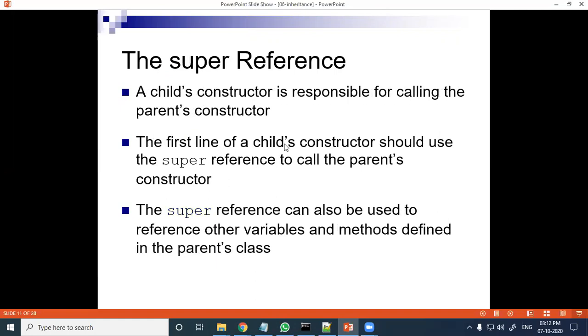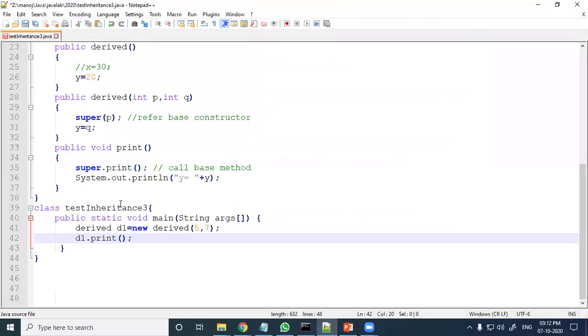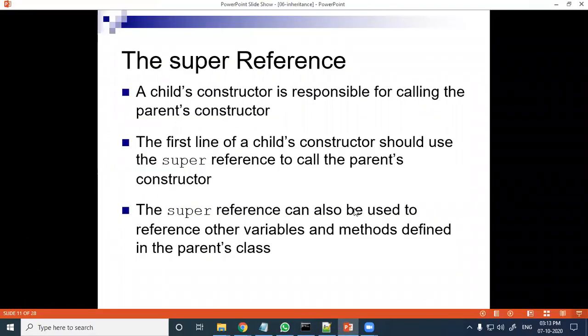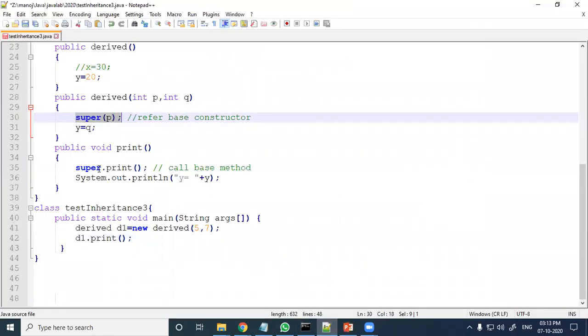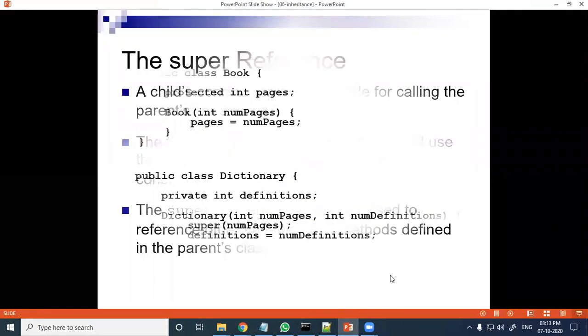The first line of the child constructor should use the super reference to call the parent constructor. As we have seen here, in the child constructor we have used super to call the parent. The super reference can also be used to reference other variables and methods. Here we access the parent's method using super. So this is the concept we have now learned.